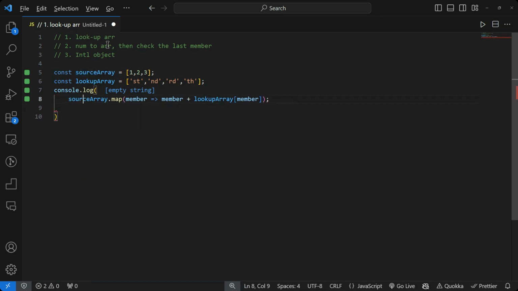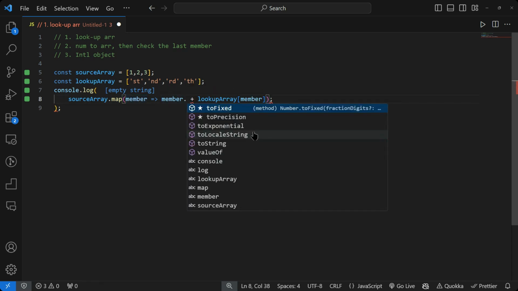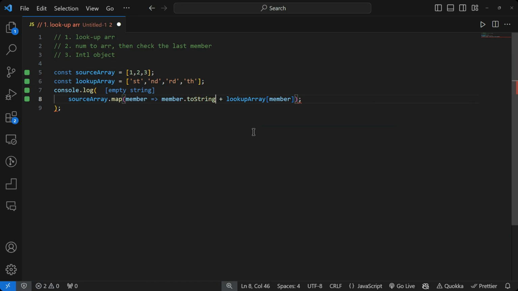Okay, so if we do this, now we can also console log to see the result right here in VS Code instead of having to open it in the browser, because that's the Quokka extension that I'm using. However, this is not working exactly correctly. We're getting a one-off logical error, and it's also saying empty string, so it's not as perfect as you could expect. So maybe if we do toString, and then do this, so that could be the first one to do. And now we are getting the expected result, but also